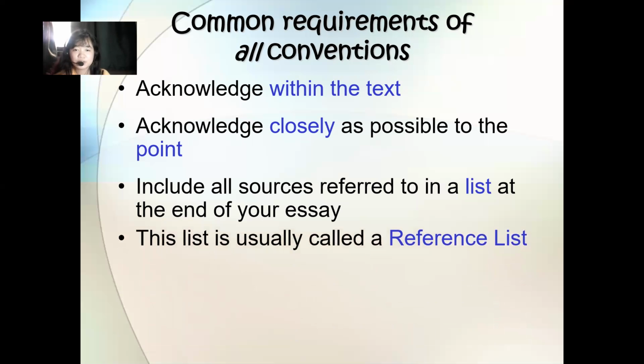This list is usually called a reference list. You have to arrange them alphabetically, not by which one you used first. The first entry starts with the letter of the author's last name. Arrange them according to the author's last name. For example, if John Smith is the author's name: Smith, comma, J, and then in parentheses the year published. If it was published online or in 2015, you still put the year in your reference list.